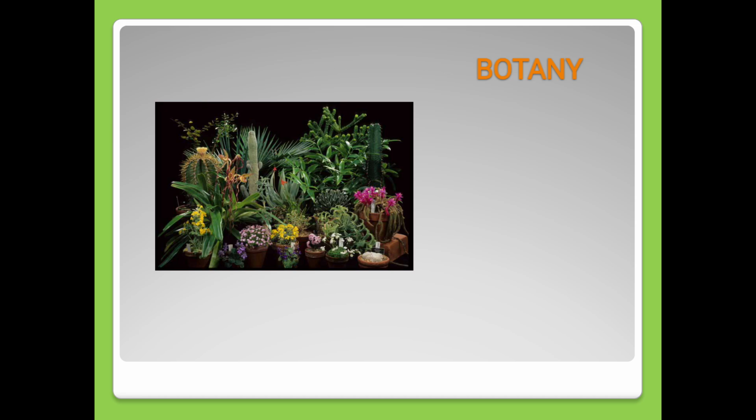Next one is botany. You can easily understand the definition of botany the way our teacher helped us remember it, in a funny way to remember the definition forever. Just consider botany as a boat. A boat is a vehicle that drives on the water, and it is made from wood, and wood is derived from plants. The study of plants is considered botany.